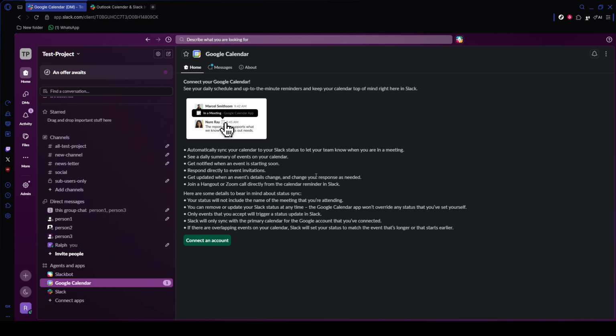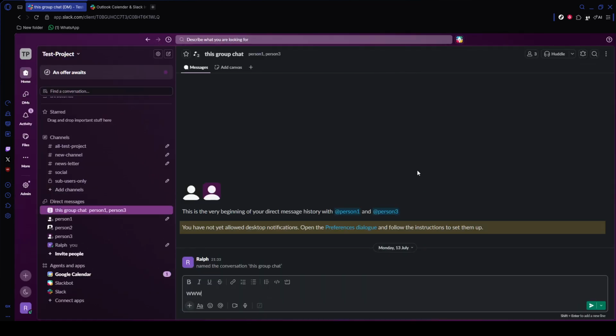To forward an email to Slack, open any email in your inbox that you want to share. Click the Slack icon in the email toolbar, or open the three-dot